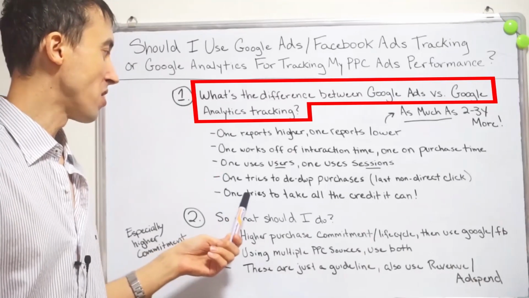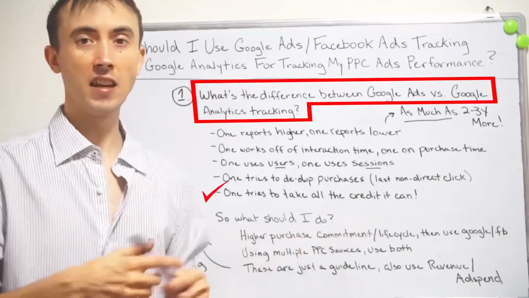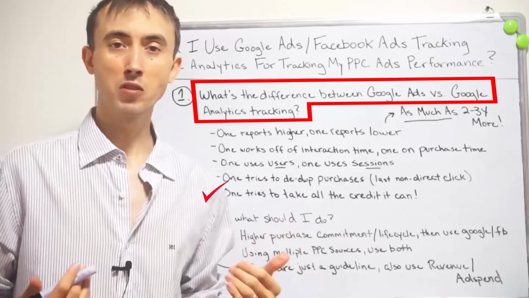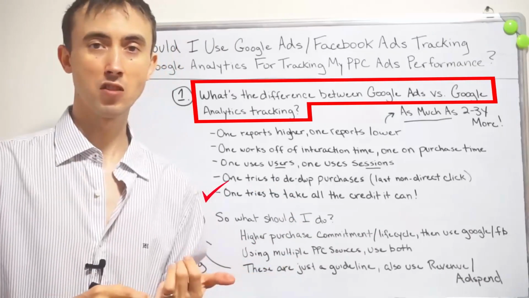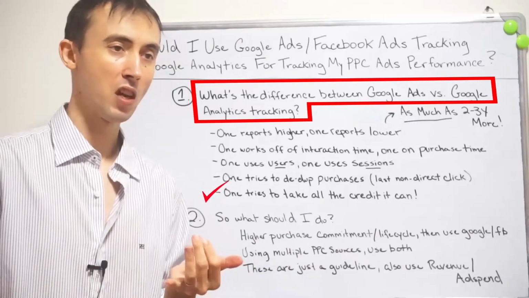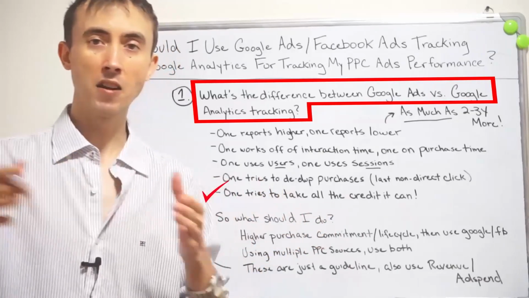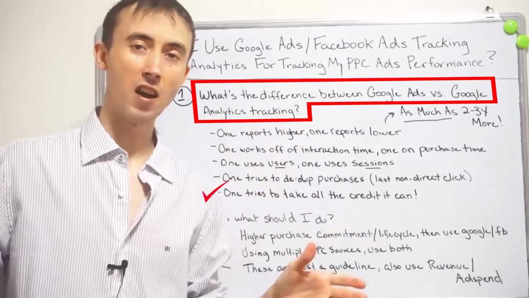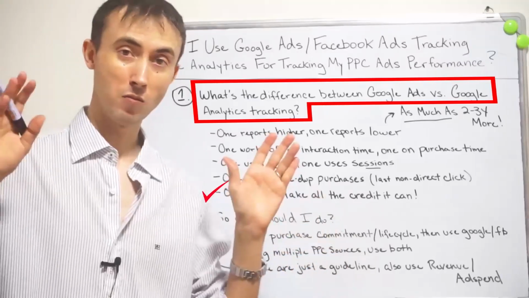And then the last thing you mentioned here, one tries to take all the credit it can. So basically, you have to put yourself in Google's shoes, Facebook's shoes. They want to make their ads look better than they are. I could say that, but Google, please don't go after me. They want to make it look as profitable as possible so people keep advertising, whether it is or it is not. That's just, whether I can prove that or not,